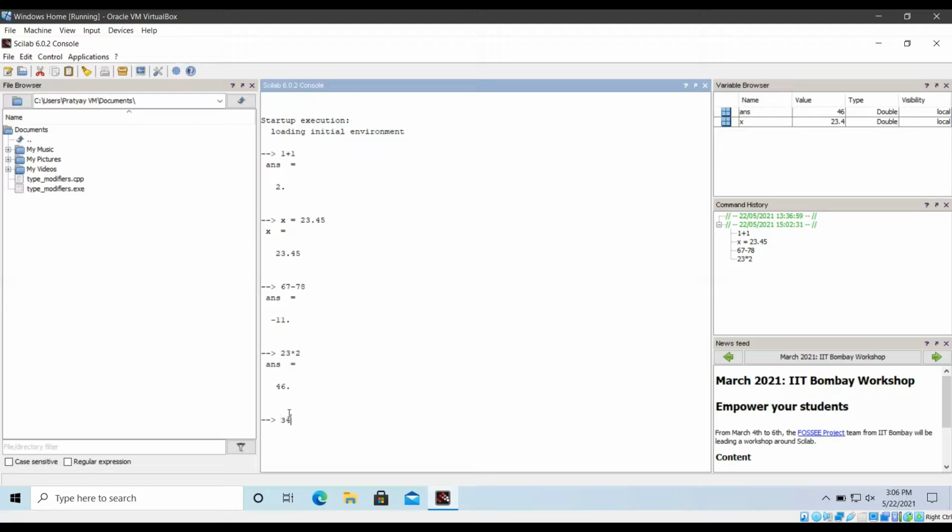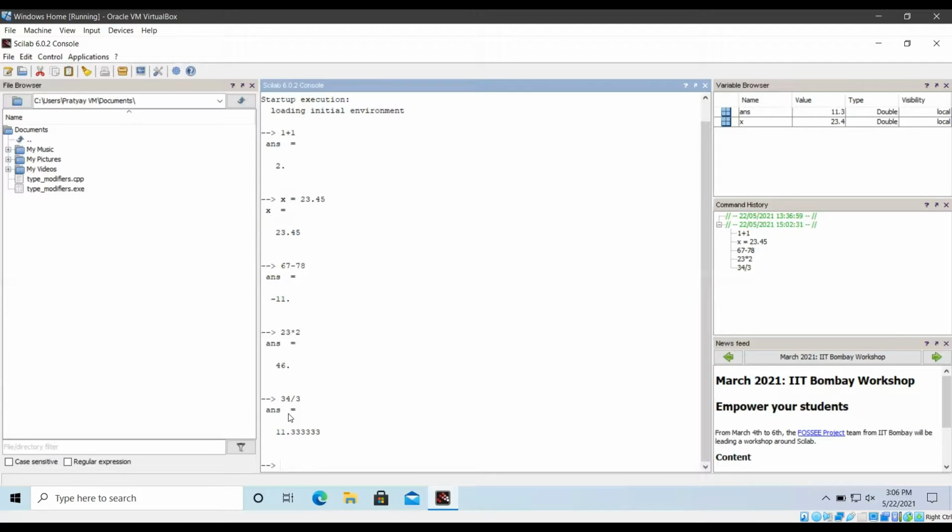You can use division, if I'm not wrong. See here, it's also doing the division for you. This is how this works. You can use power. For power you can use the caret operator. Suppose 5 caret 3, which will be 25 into 5, 125. You can see here. You can also use the double asterisk for representing power. If I'm not wrong, you can use it like 16. So this is how these things work, and it's very simple.